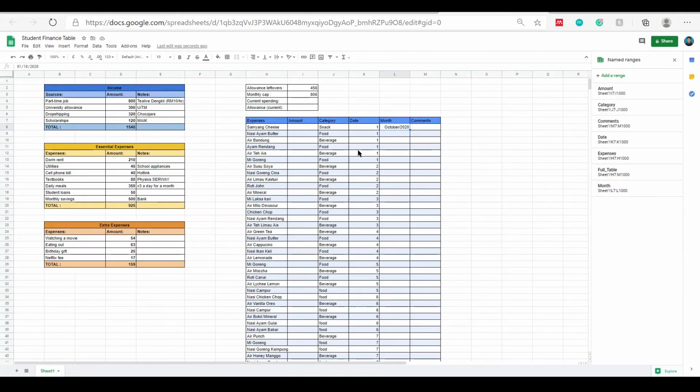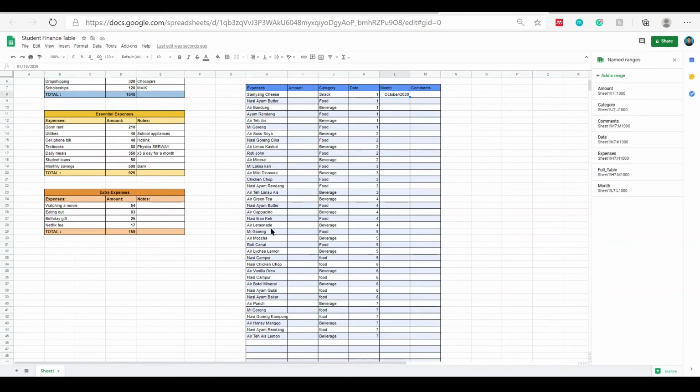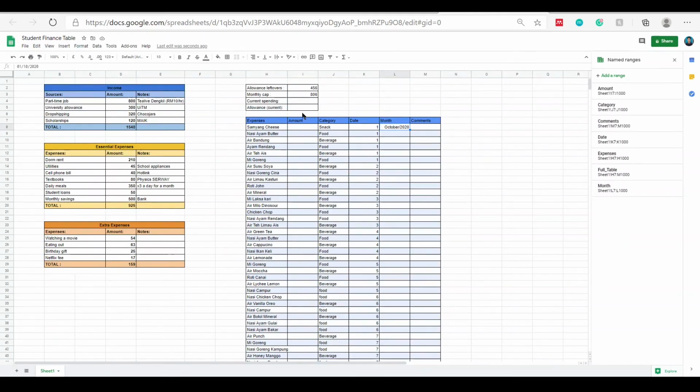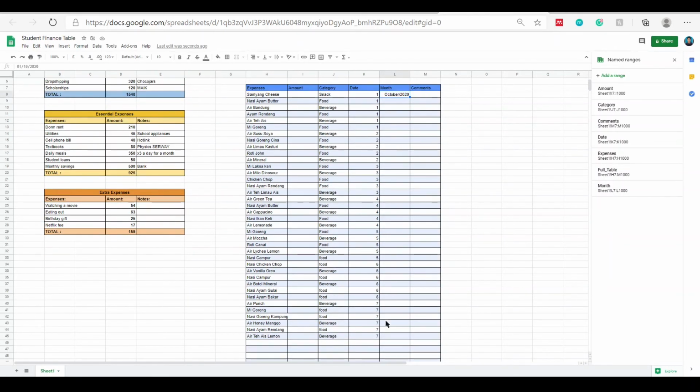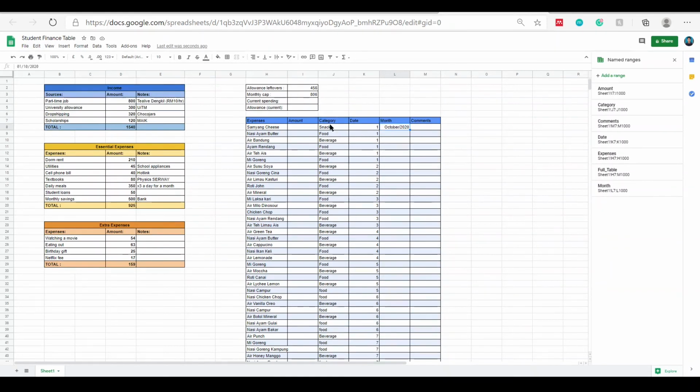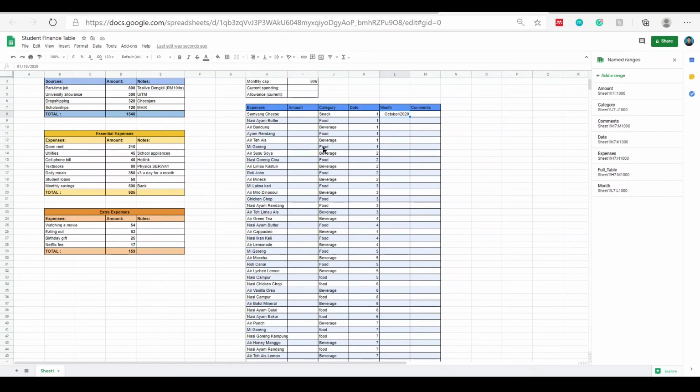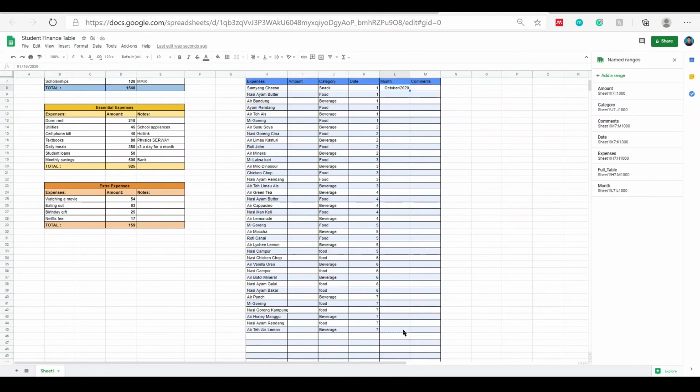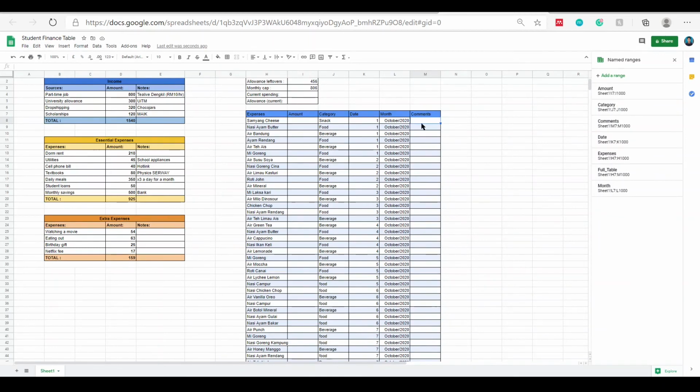Now, continuing from where we left off, I fill in the list with the types of food that this person has bought over 7 days, over a week. And so I put in categories, for example, snacks, food, beverages, and also the date. And for a month, since it's all in October, we can just conveniently drag it down. If you want to add decimal points,